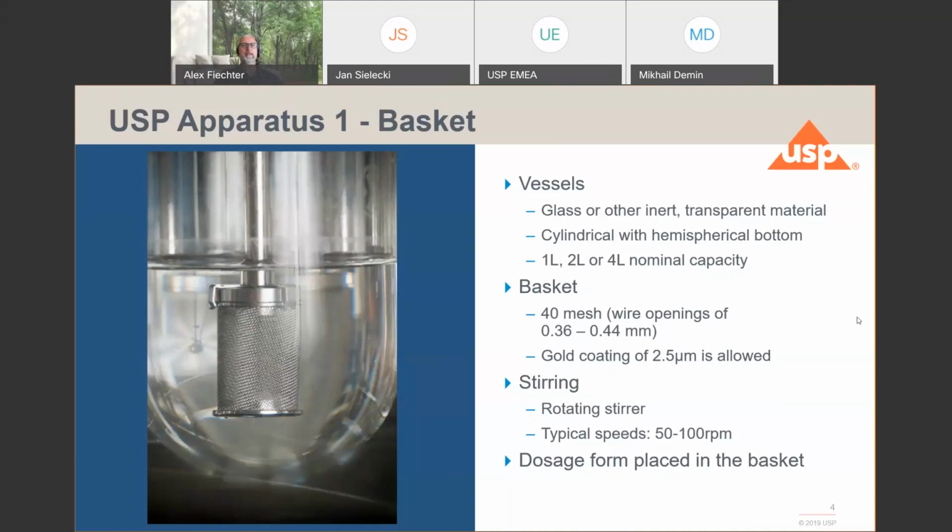Sometimes there are drawbacks with drug formulations that have a very small particle size, below the 36, 44 millimeter wire opening. That means particles that still contain non-dissolved active principle could flush out of the basket and fall onto the bottom, where they don't do a good and reproducible job in releasing the drug product.